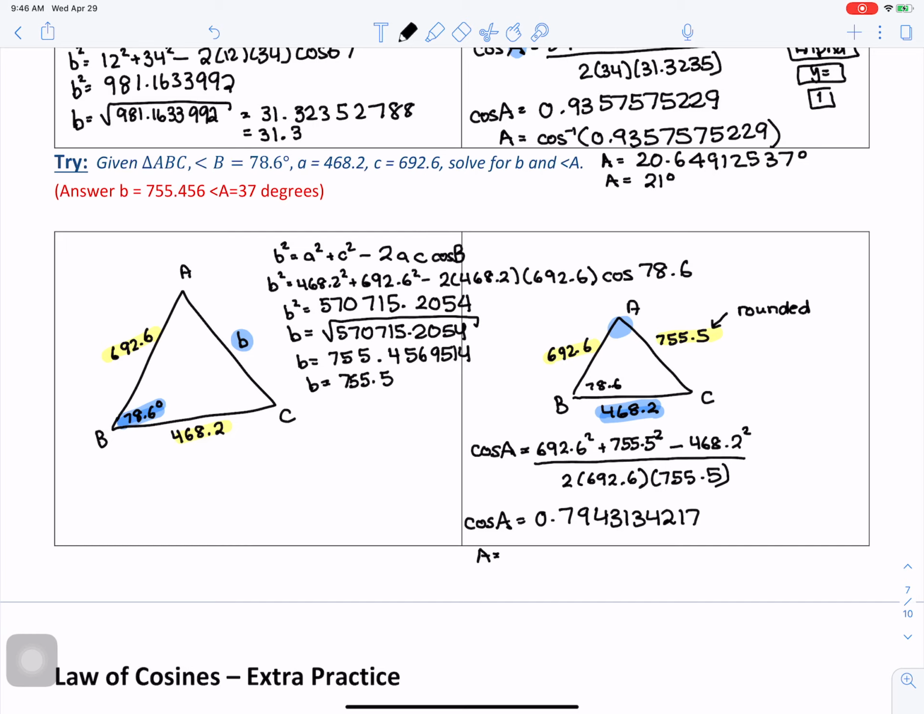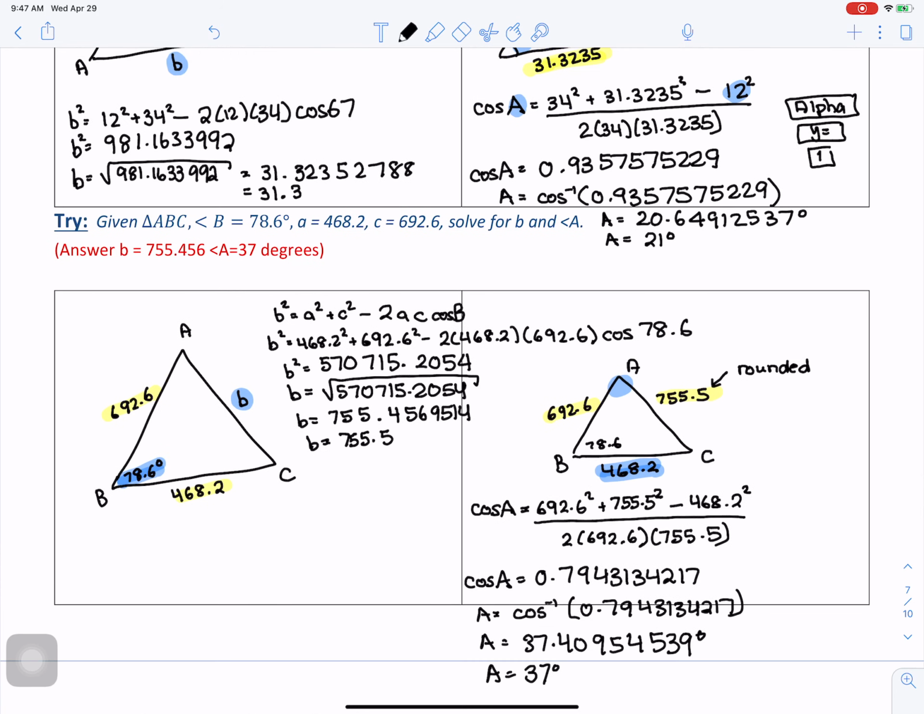To do this, we have to do the cosine inverse because we want to get rid of that cosine word, which is a function. And then A is equal to 37.40954539 degrees, and rounded to the nearest whole number is 37 degrees. So that's sort of how the cosine law works. And then please go ahead and complete